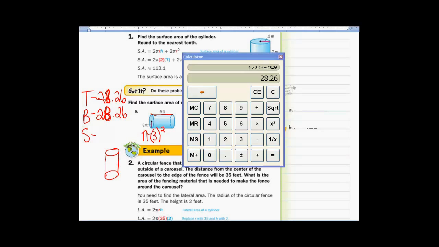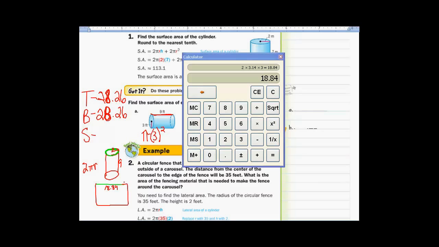Don't judge. So 9 would be here. So now we need to find this one right here, because whenever we unroll it, that's the length. If we want to know that, that is the circumference. We know the radius is 3, so I'm talking about 2 times pi times r: 2 times 3.14 times the radius, which is 3. So 18.84